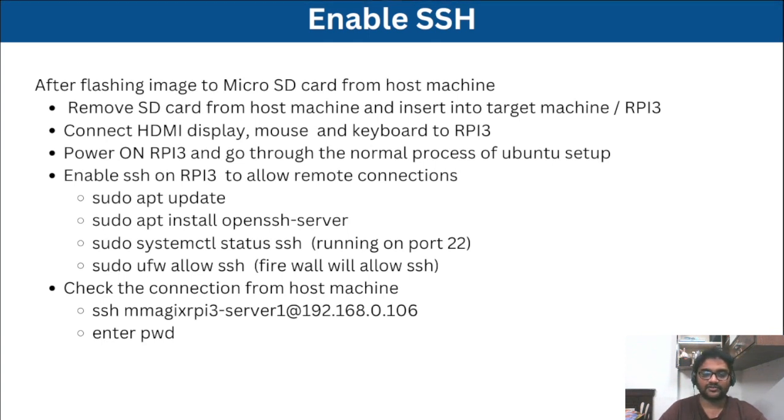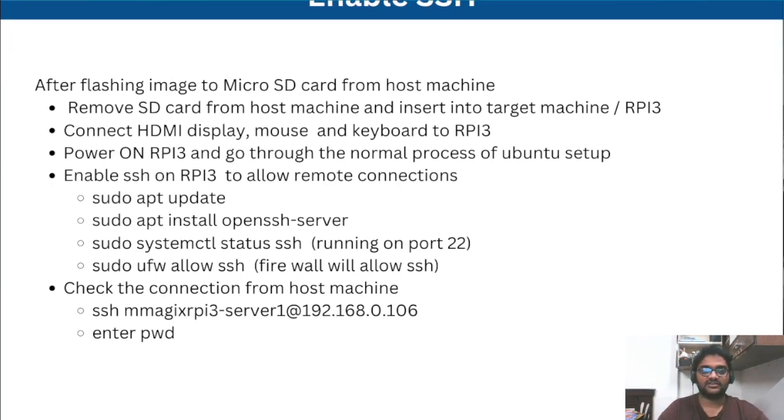At this point you can disconnect the display and all other things, or leave the target machine running silently aside, and connect to your host machine. From the host machine, connect to the target machine using the SSH command which I have just shown. I think so far everyone is able to understand until this point, the connection status. Okay,